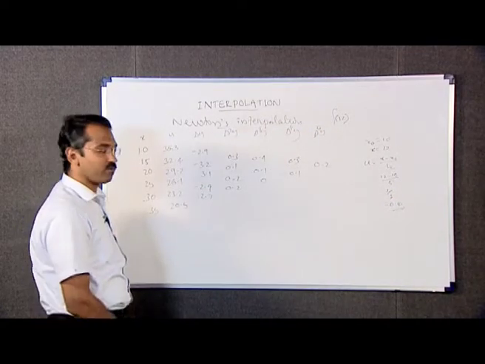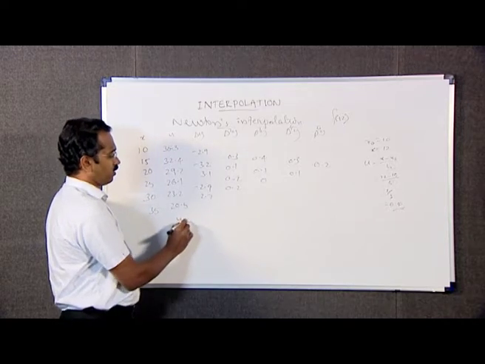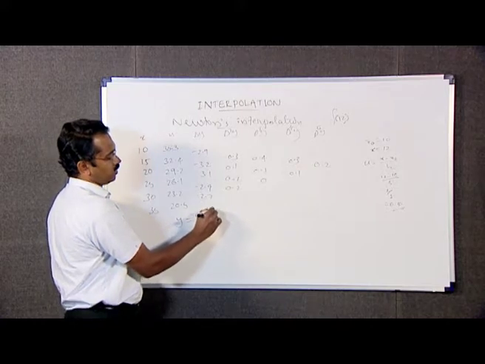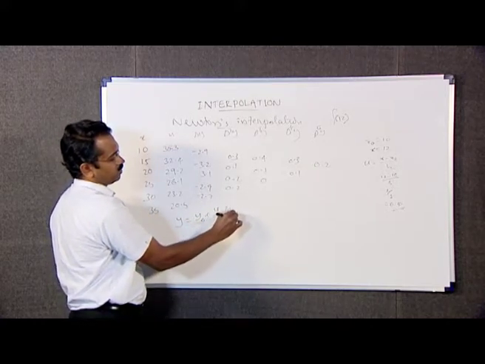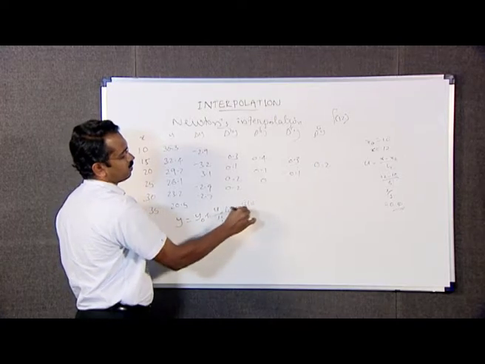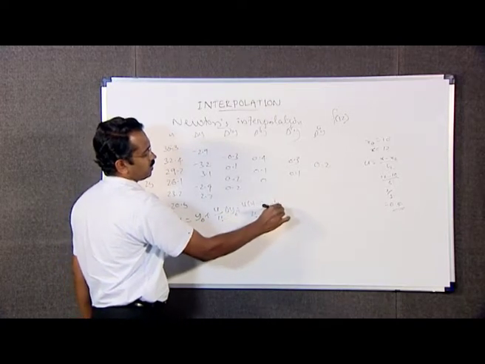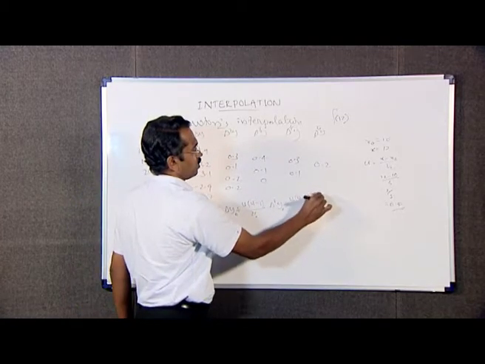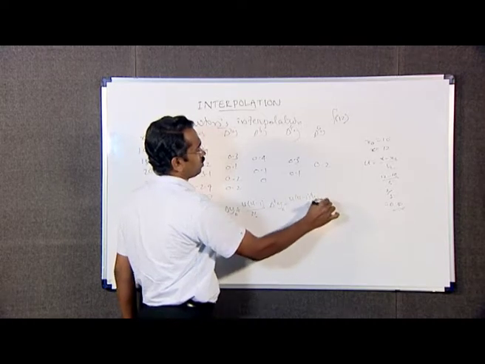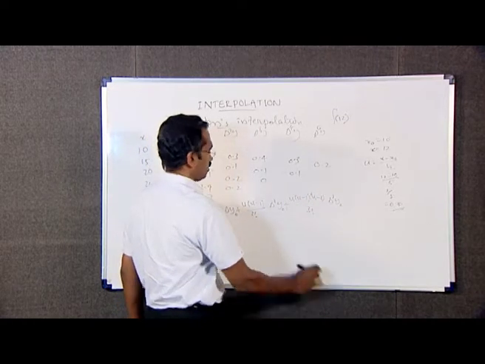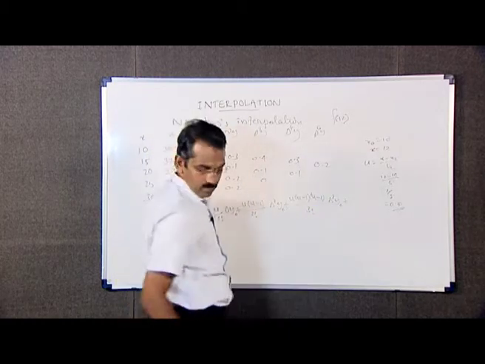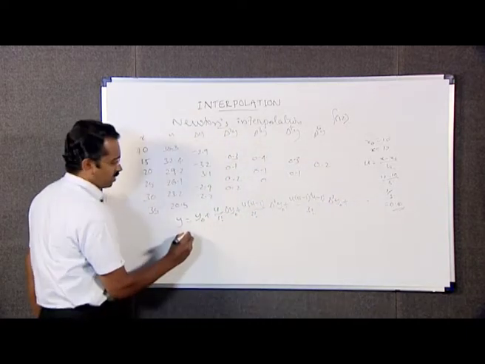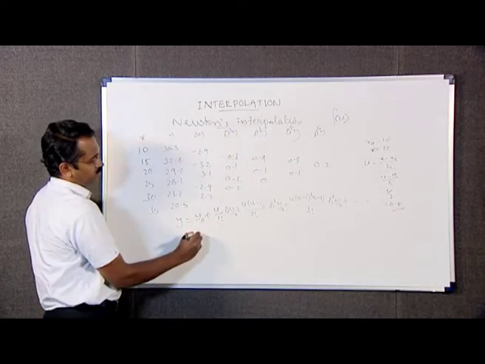By Newton's forward interpolation formula, we have y, which means f of x, is equal to y naught plus u by 1 factorial into delta y naught plus u into u minus 1 divided by 2 factorial into delta square y naught plus u into u minus 1 into u minus 2 divided by 3 factorial into delta cube y naught plus, etc. Here y naught is 35.3